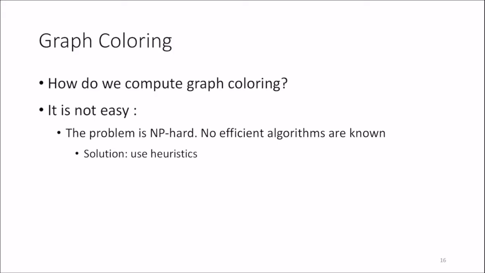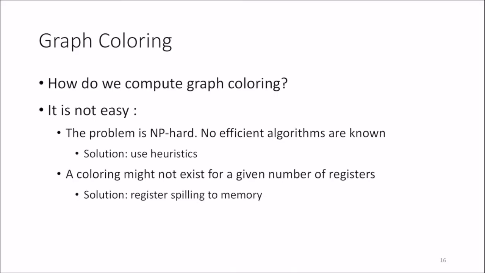The problem is NP hard. There are no efficient algorithms, and the solution that is used is to use good heuristics to solve this NP hard problem. So a problem is NP hard if it's as hard as any NP complete problem, and it has to compute an actual value, not just a yes/no answer. It's going to be hard to find an algorithm that isn't exponential time for this problem. So what we're going to do is use some heuristics. Sometimes you can use greedy algorithms that are suboptimal in order to get a solution to the graph coloring, aka